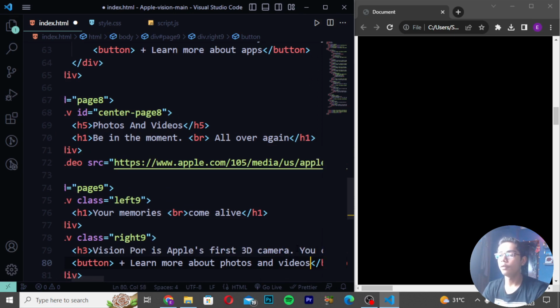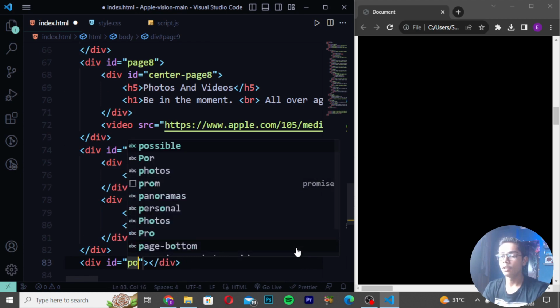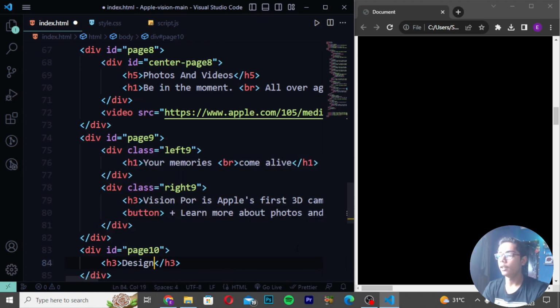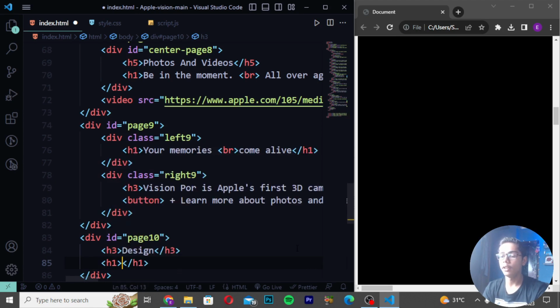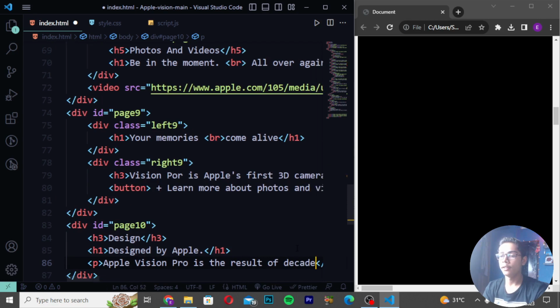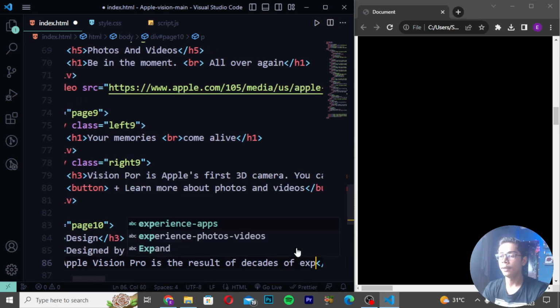After writing this, you have to now do one thing, you have to move down, create div ID as page, and I will be now writing here 10, create h3. Here I will be now writing design. Then I will be now moving down right here h1, create design by Apple. Then you have to now create p tag, and I will be writing here Apple Vision Pro is the result of decades of experiencing